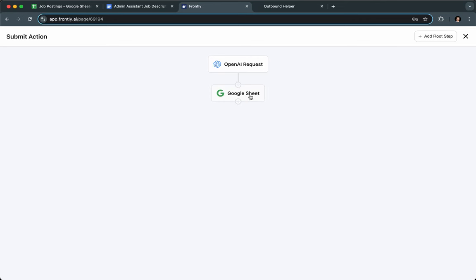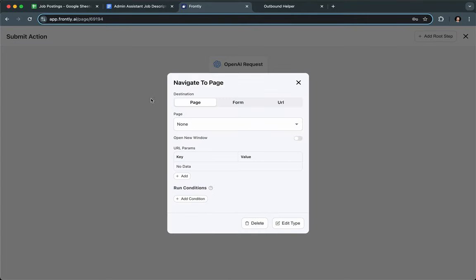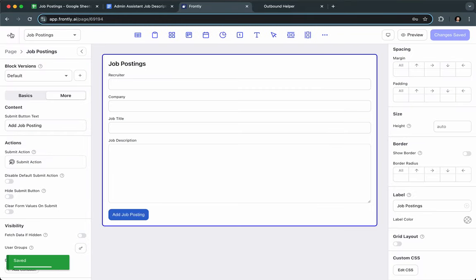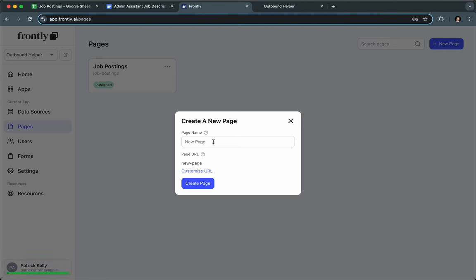Now, there are so many different things that I can do in Frontly, but in this case, I'm going to navigate to another page. I didn't create another page yet, so let's come back to this. I'm going to hit save. I'm going to create a page called